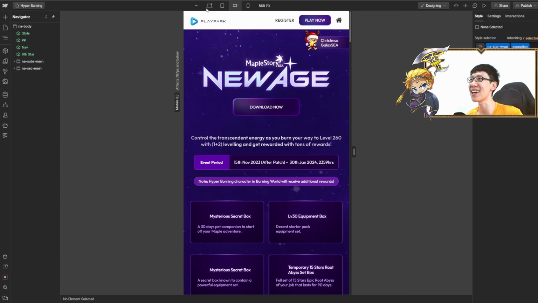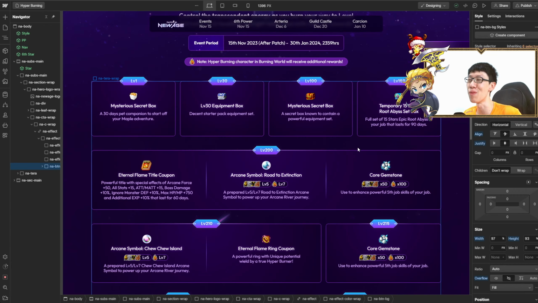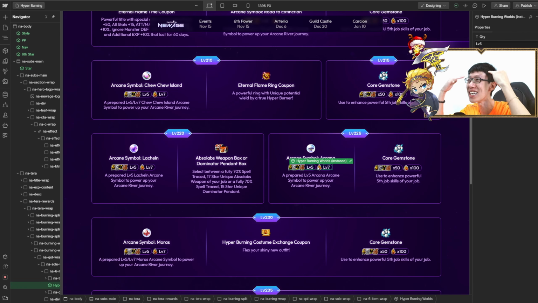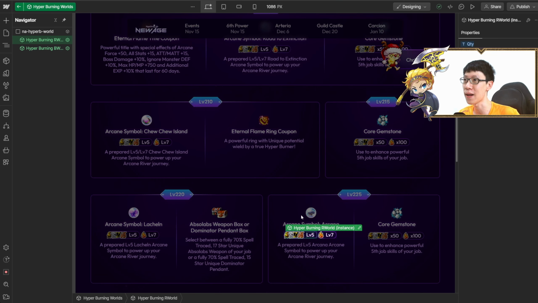Hyper burning, yay! This one has a slightly different design for hyper burning, everybody. A purple galaxy theme, staying with the galaxy theme. Because of burning world, I wondered how to explain it: this item you get at level 5 in regular worlds, and the rest of the items you get at level 7 in burning worlds. I came up with a few variations, and the final one I chose is this one. I display the rest of the worlds over here, and of course with the burning.